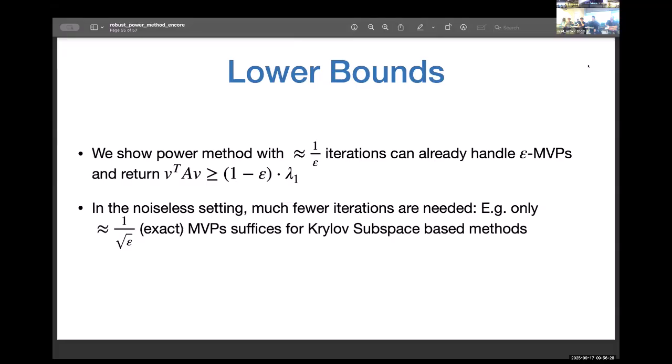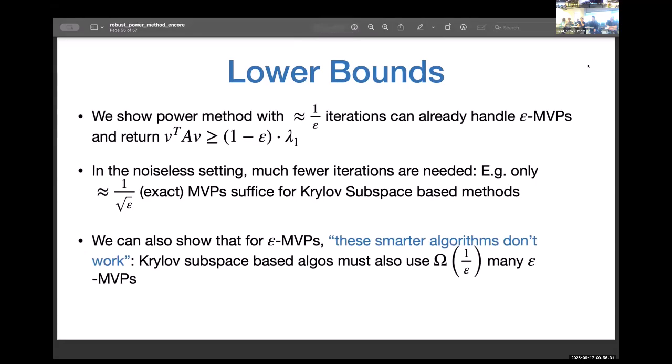Okay, so these are very nice methods, but we have a lower bound that says there are very simple examples so that if I have epsilon MDPs, the adversary can easily design a setting where these smarter algorithms will also take 1 over epsilon steps. So you don't gain anything. Essentially the reason is the way these smarter algorithms combine matrix vector products is very delicate. They're using a very fancy Chebyshev polynomial, whose coefficients are plus minus whatever. There are some subtractions, but